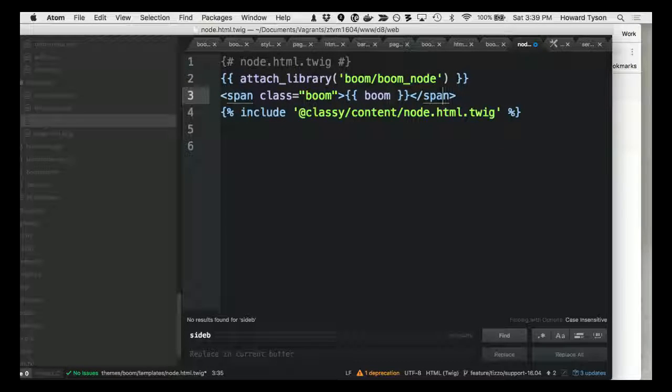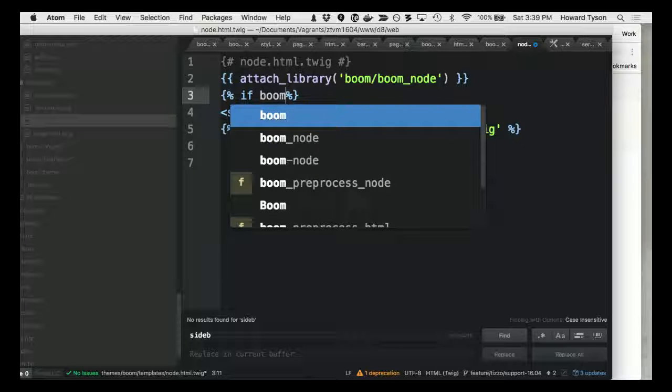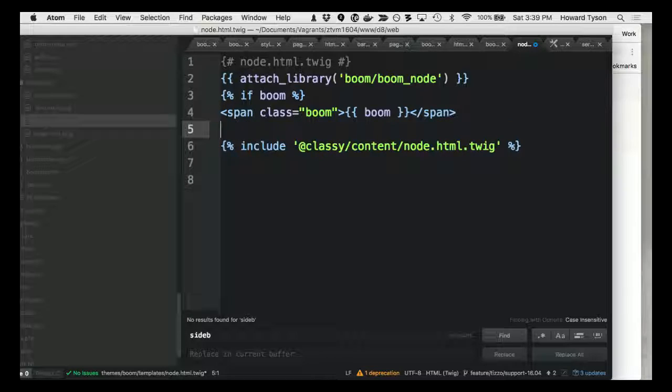Okay, so if you conditionally want to do it, you can totally do a conditional with, sorry, so it'd be like percents. You can totally just do a conditional for if boom, and then an endif. So that's one answer. But then if we did want to have stuff sometimes at the top and sometimes at the bottom or whatever,